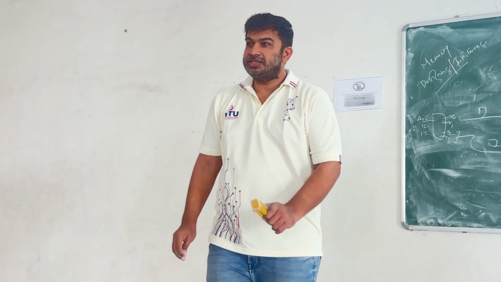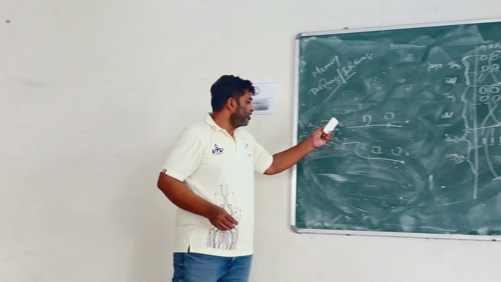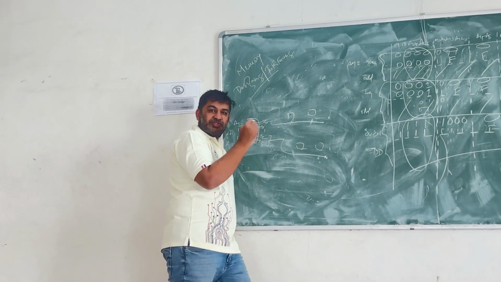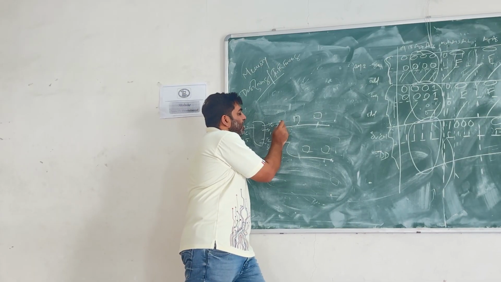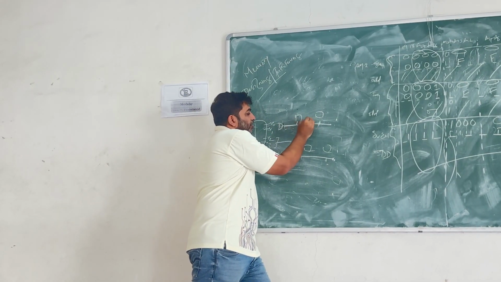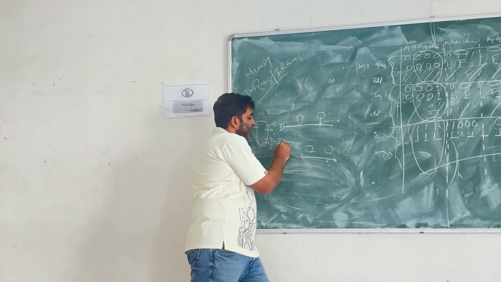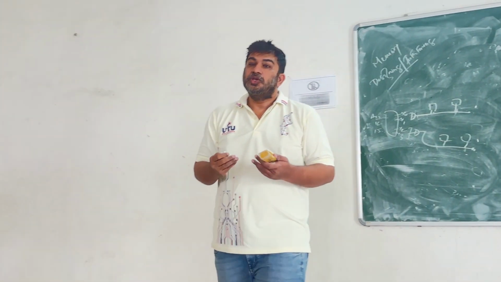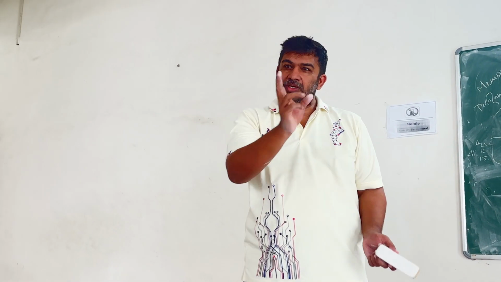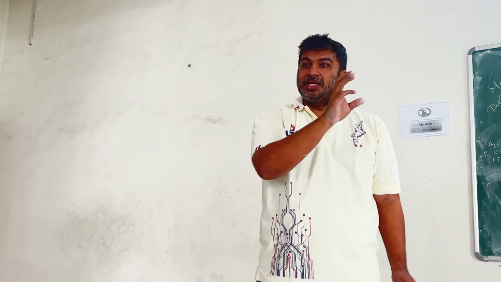Understand? Yes. The only thing is, when either of these inputs is the case, you want to select this. So in this case, you need to use an AND gate. Now why do you need to use an AND gate? For that you need to understand the concept of basic AND, because you want that when both are 0, at that time only,